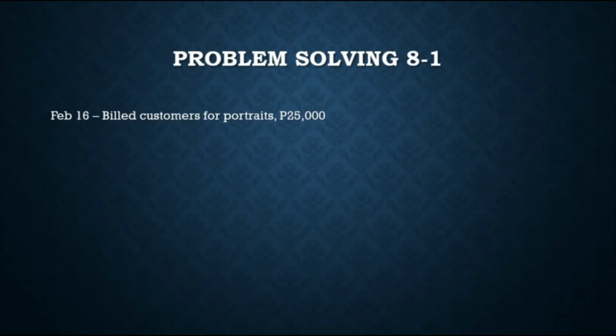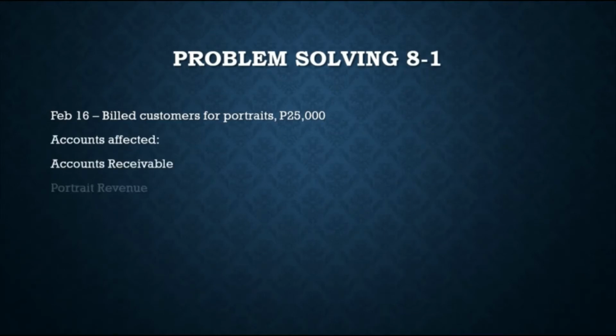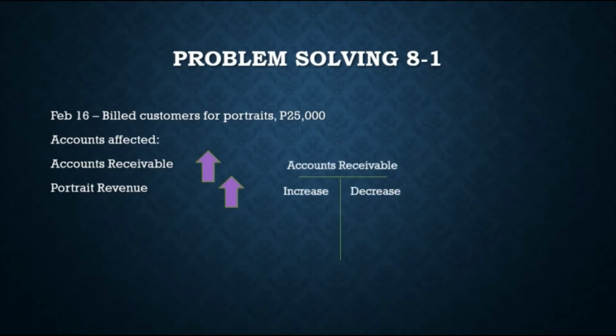So ang kinaibahan sa transaction kanina, dito hindi pa tayo nakakakolekta ng cash. So ang accounts affected dito ay accounts receivable dahil binil pa lang natin yung customers at portrait revenue since kumita na naman ang business ni Jay. So accounts receivable will increase since meron na tayong pwedeng makolekta mula sa mga customers at mag-increase din ang portrait revenue kumita ang business. So we will debit accounts receivable dahil nag-increase ang ating accounts receivable and credit portrait revenue